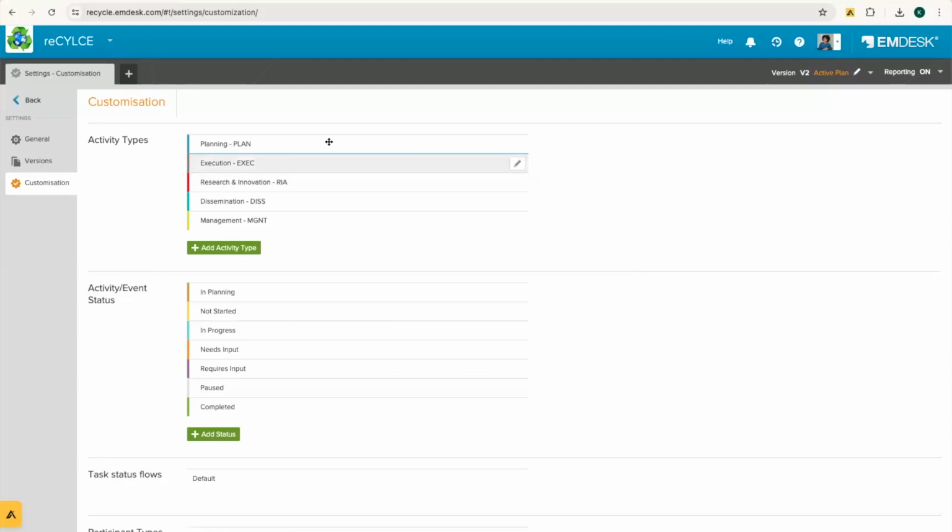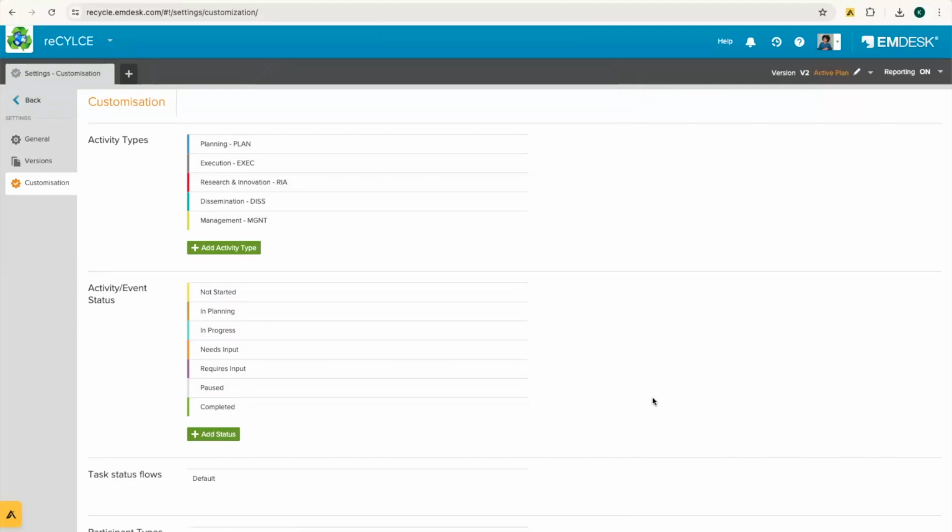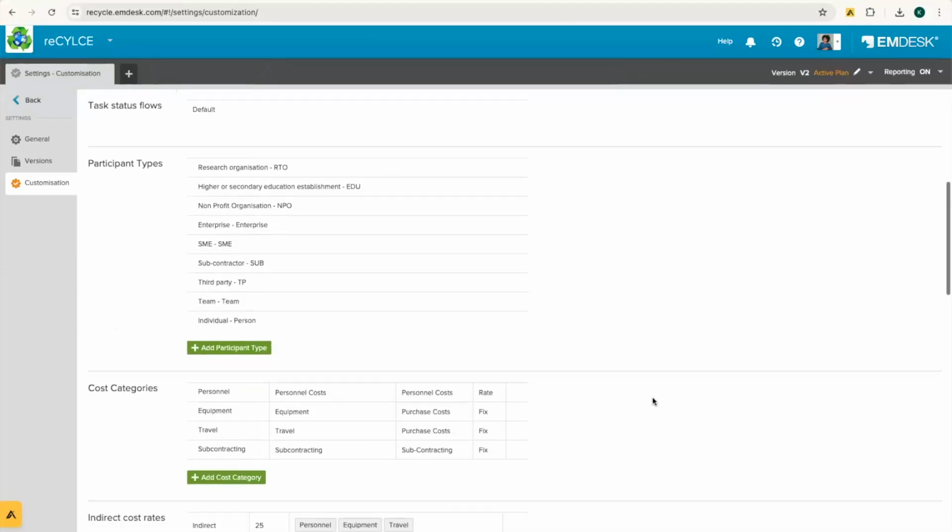Now, here, for example, we have activity types, activity event status, for example. So these are just the default that you see here. I can switch them around if needed. So maybe I don't need not started. I can put this at the beginning and then change to completed, for example. I can delete them if needed by using the pencil icon. And then I can use the 3 dots here at the top, duplicate or delete if needed, or I can change the colors here as well. So it's really up to you to play around with this,